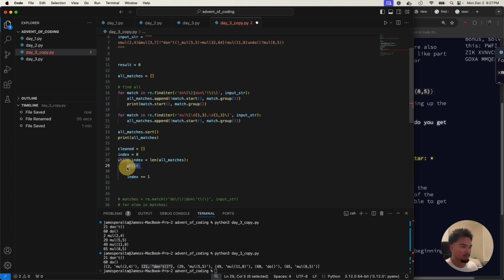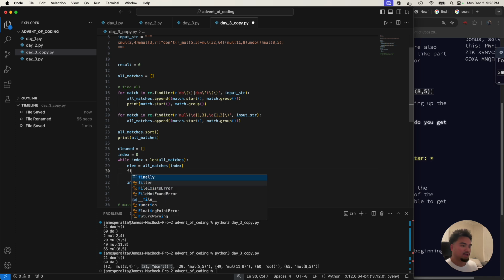Basically, if the element equals all matches at a specific index, if the element is not equal to don't,